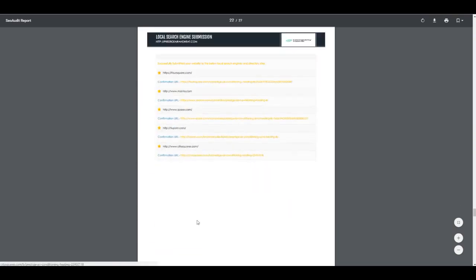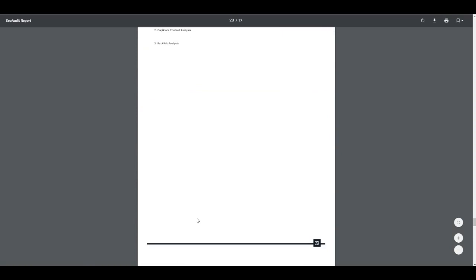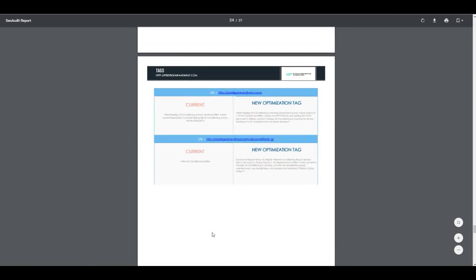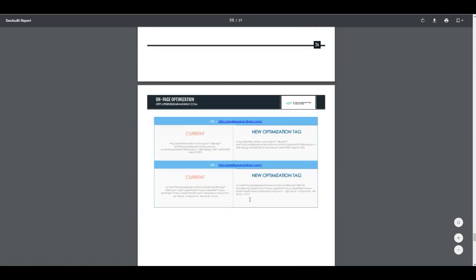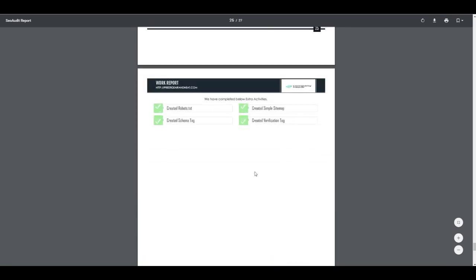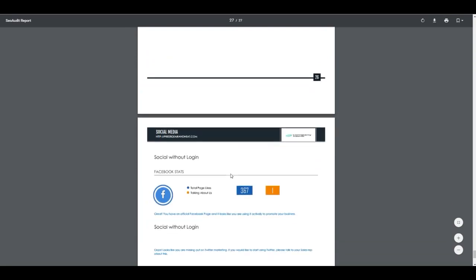Local search engine submissions, and on-page optimization. So even on on-page tasks, we format them out, put them in a really nice reporting format, new optimization tag, all nice and neat. And then some additional work done. Social media stats overview.